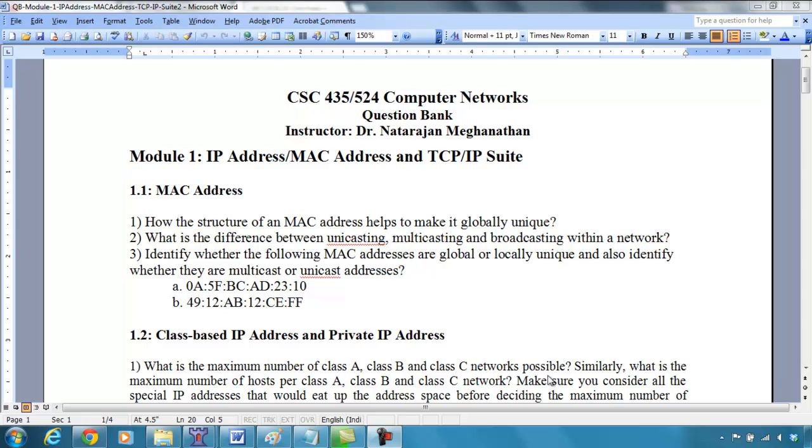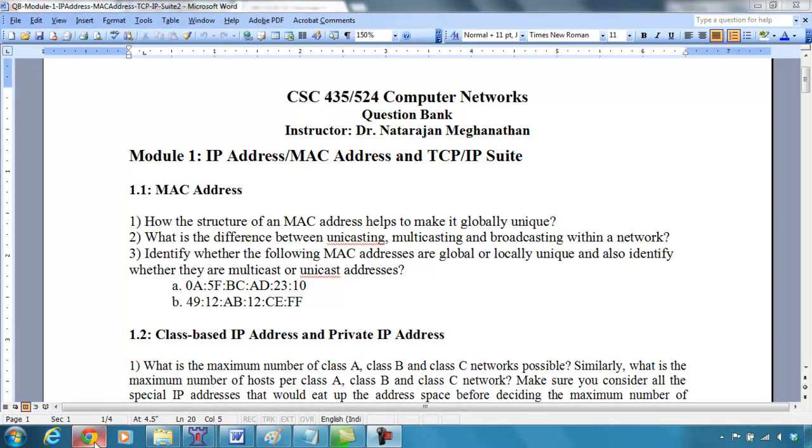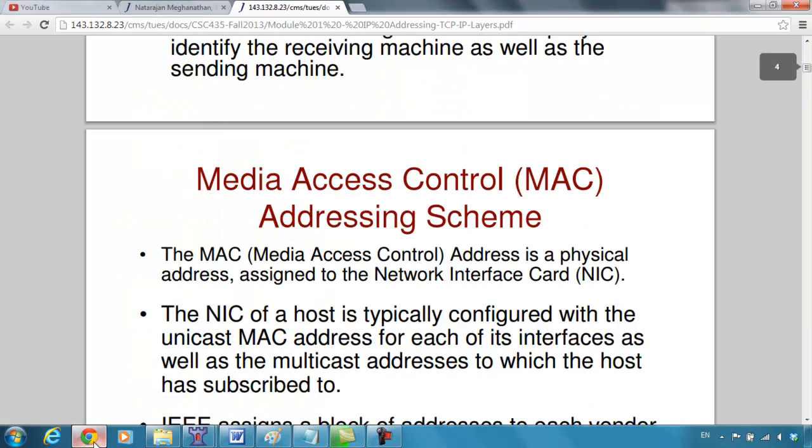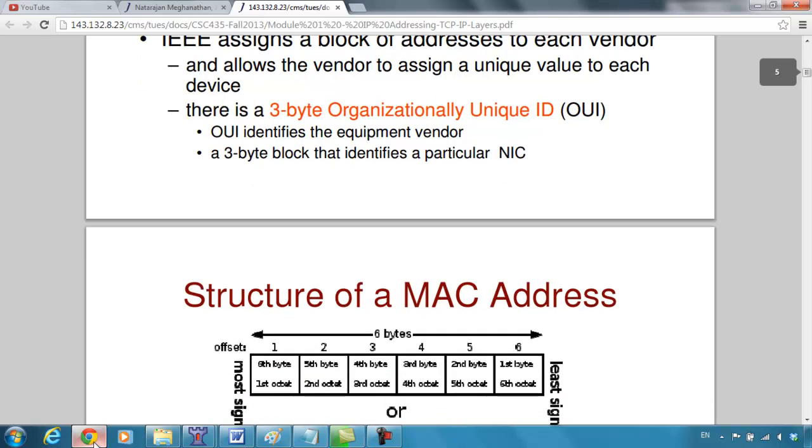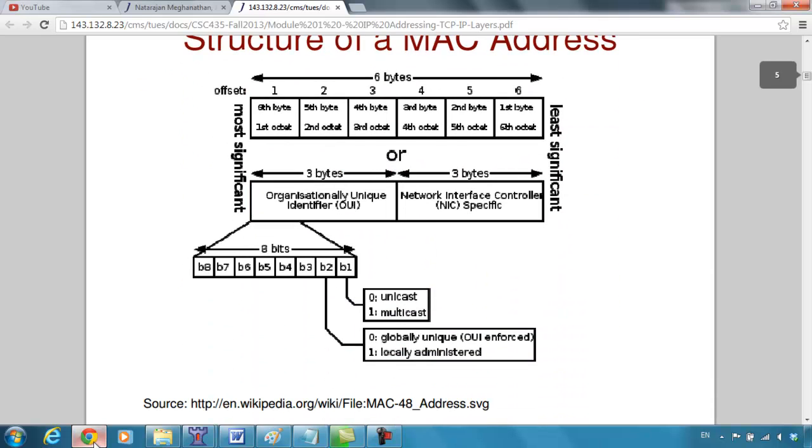Okay, so now we'll review the questions in module 1. With the MAC address, we know that a MAC address is typically 48 bits, right? So we have 6 bytes. The first 3 bytes uniquely identify the manufacturer. We call it the organizationally unique identifier (OUI), and the second 3 bytes uniquely identify the network interface card